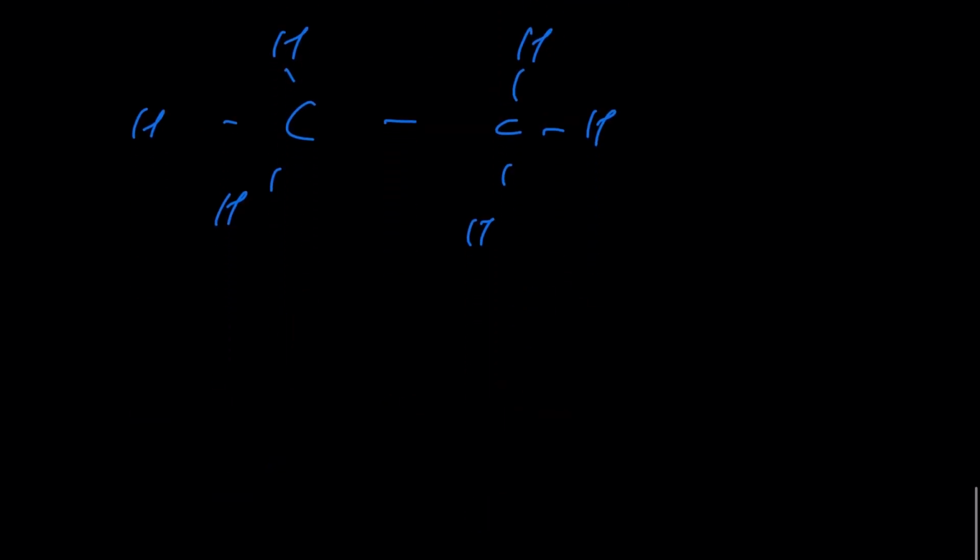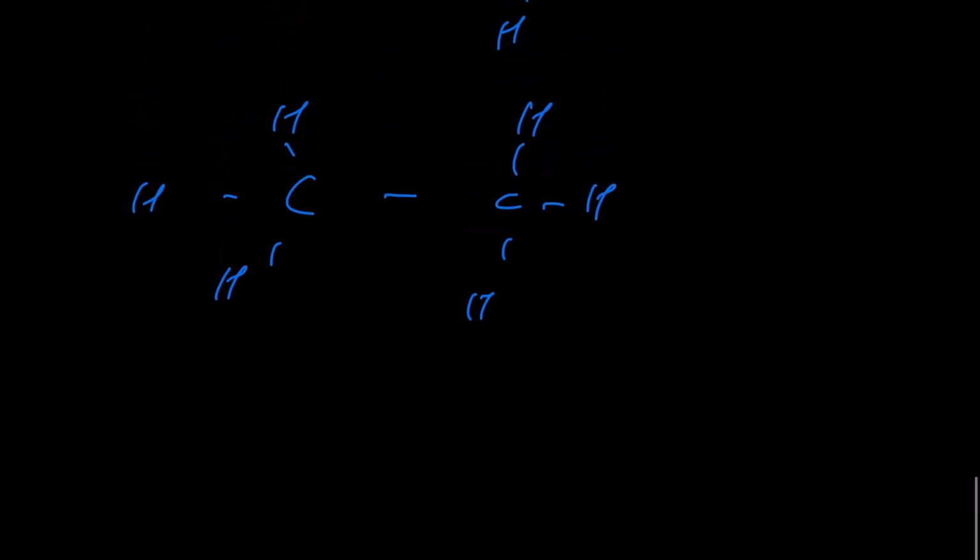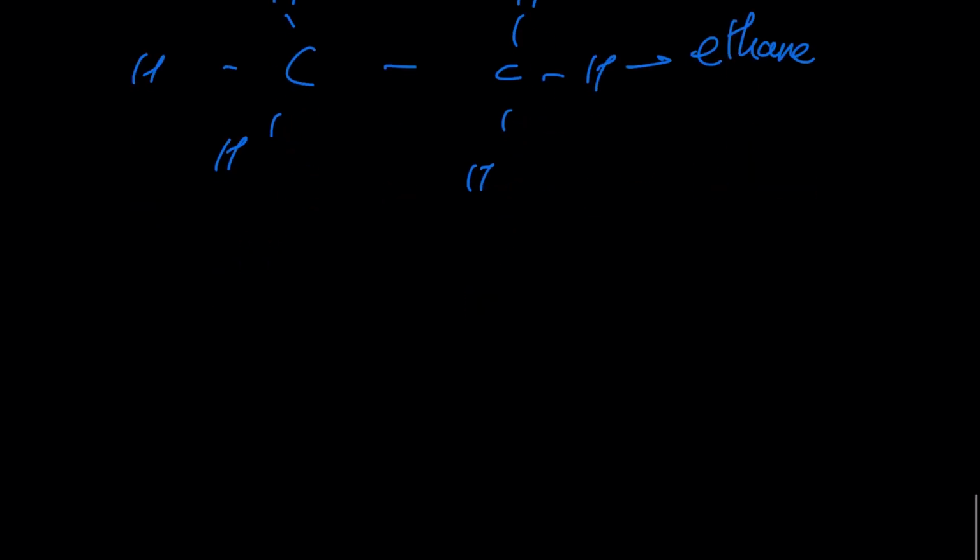And we can have more carbons, right? We can have 10 carbons. We can have 20. I don't know the maximum number, but we can have 10, 20, even 25, 30 carbons in one compound. The one with two carbons is called ethane. The one with three carbons